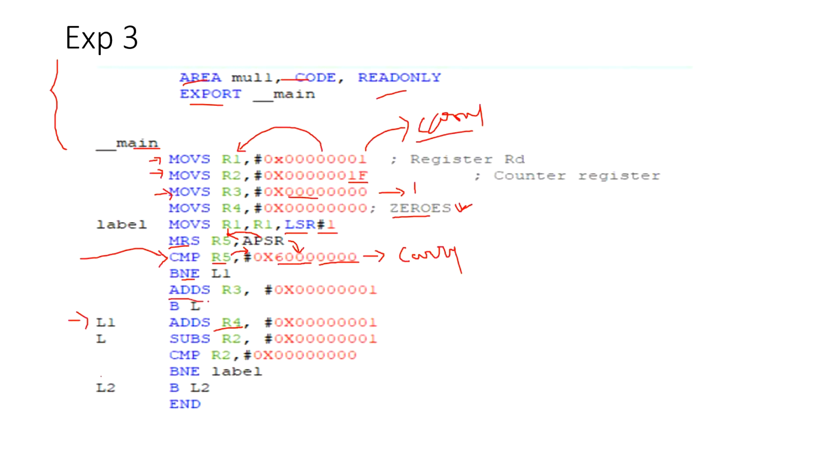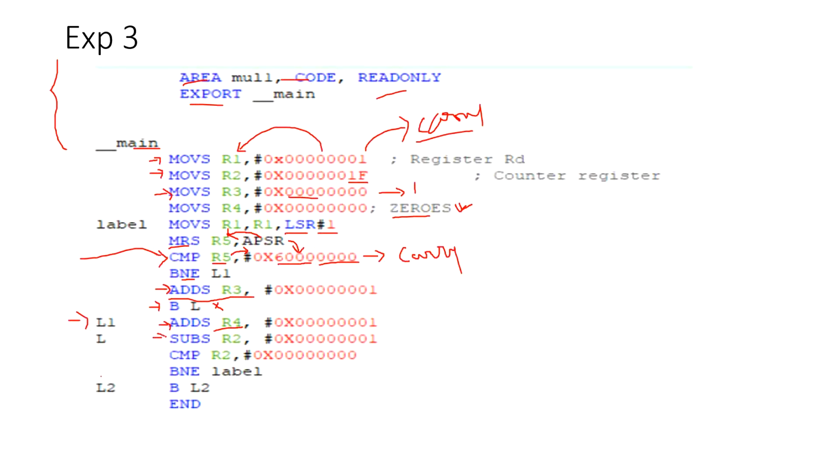Then what you are supposed to do is increment R3. Then I should include one more instruction called branch to loop, because if I do not include this instruction, the program counter increments this also and this one also. So what I have to do is branch to loop. So it will come down over here.